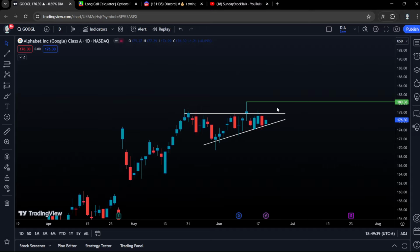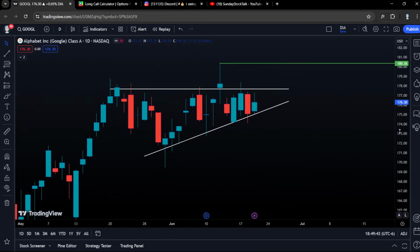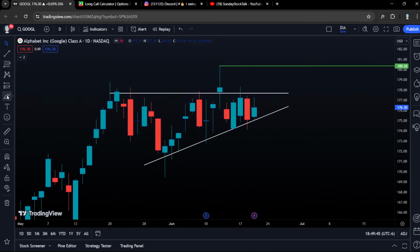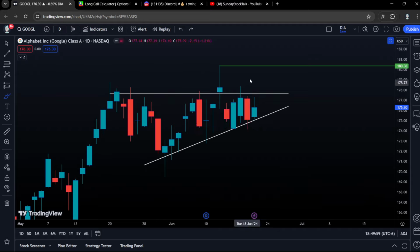There are many ways to play this setup. What we were doing was, we first tried to play the breakout. It did not break out, and then we were playing the bounce. So we bought in right at the level of support. It went over 50% gain for options real quick, but I wasn't able to sell it. So right now I am just playing the bounce, and then hopefully tomorrow I can sell at a profit of